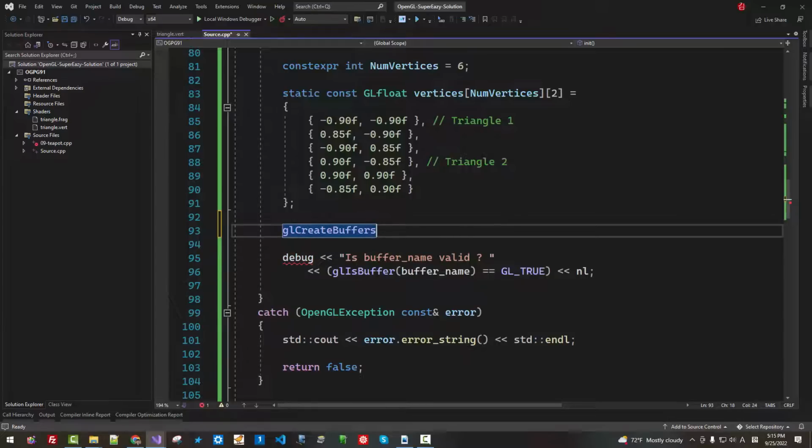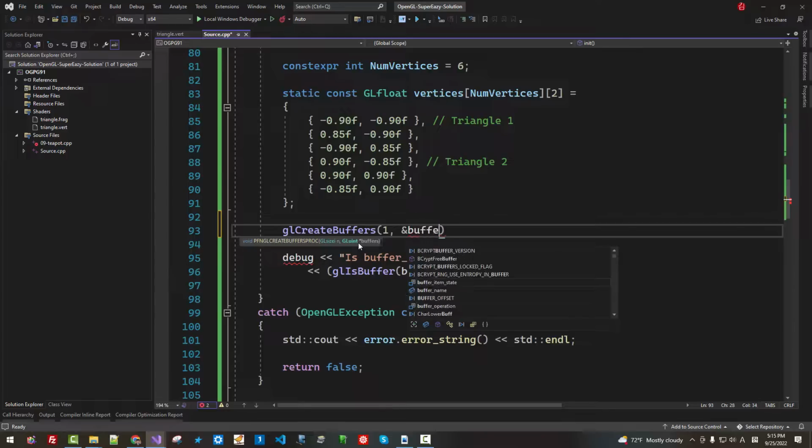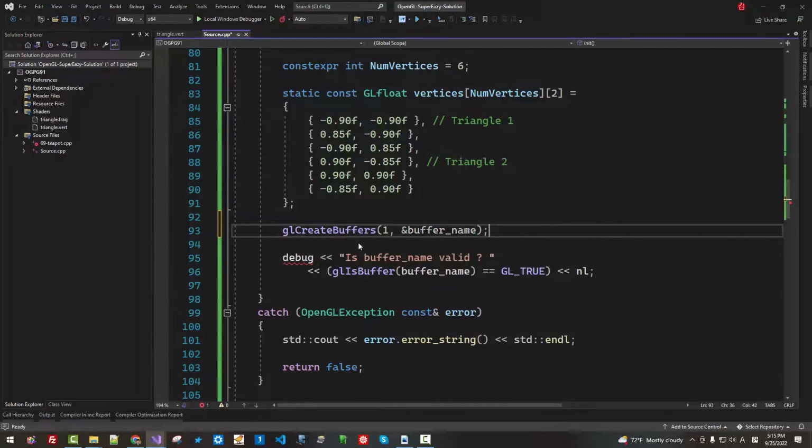glCreateBuffers. This is plural. This is not buffer, this is buffers. We pass size in. It is the count of buffer names. We create one. This is a pointer, so buffer name. Then